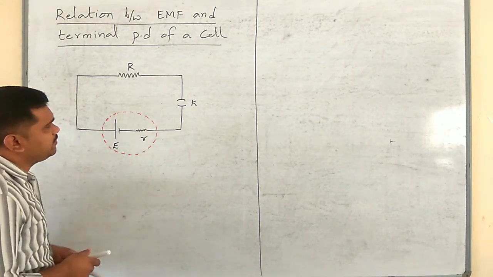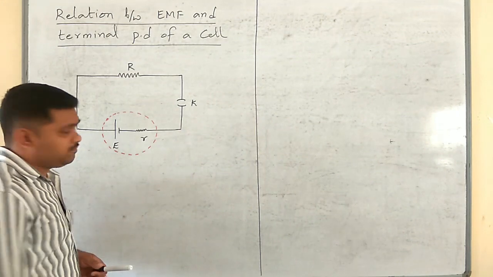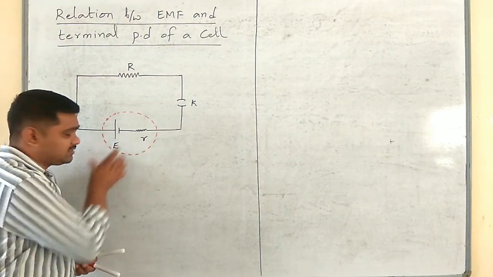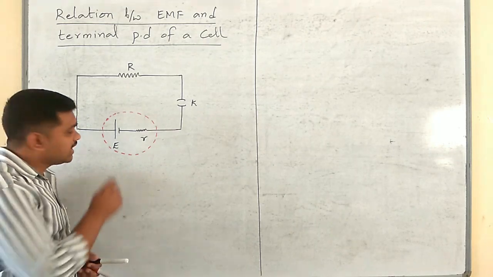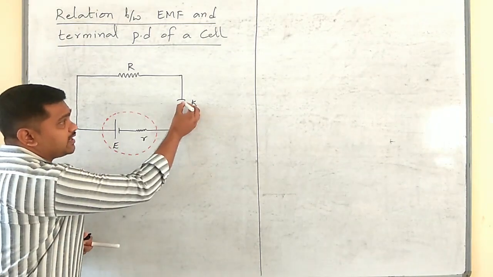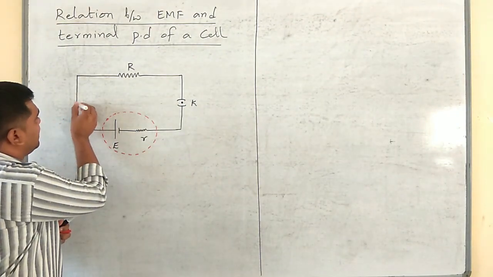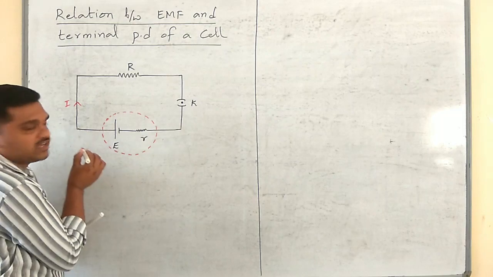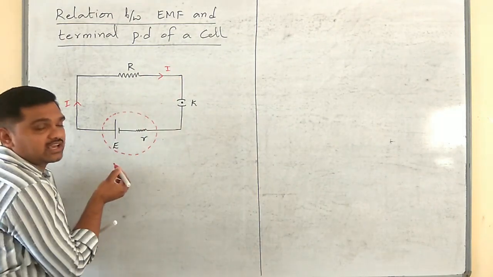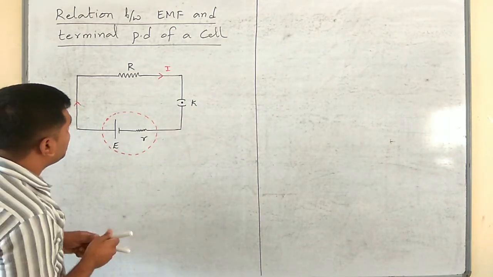Now, when the key is kept open, if we connect a voltmeter here in parallel with this cell, then it will read its EMF. Similarly, when the key is closed, what happens? Current starts to flow through this external resistance, and it will pass through capital R and come out. Now, according to the definition of EMF,